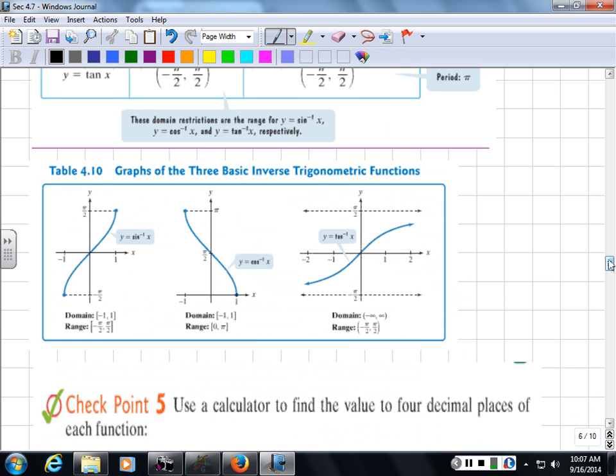These are the graphs of the three basic inverse trig functions, which we've talked about. This is your inverse sine. It's your inverse cosine. Notice that they're flipped around, but they're not in the same location on the graph. The inverse sine is going to go from negative pi over 2 to pi over 2, whereas the inverse cosine goes from 0 to pi. And then obviously tangent shoots off to negative infinity and positive infinity. Now,